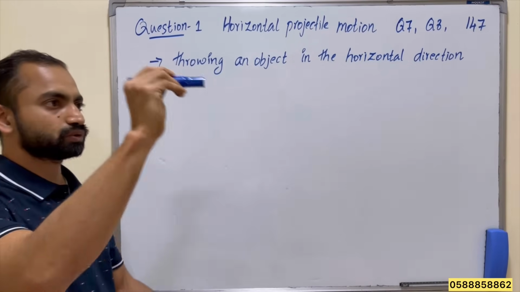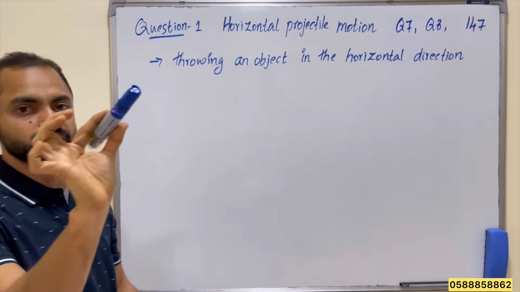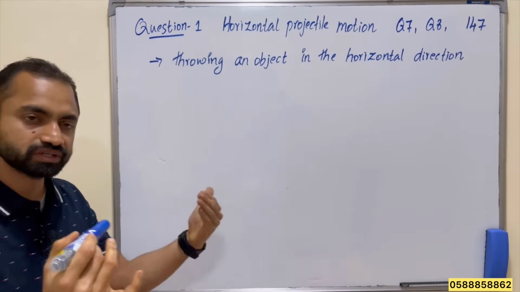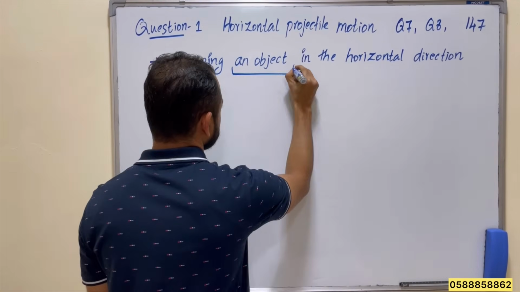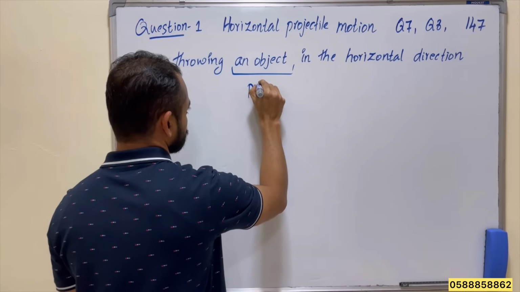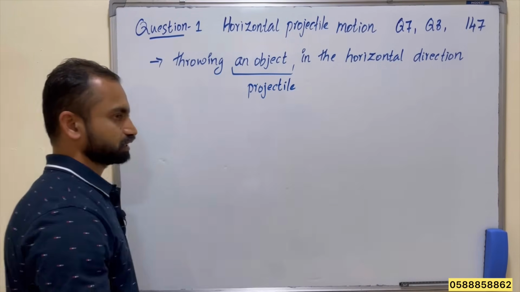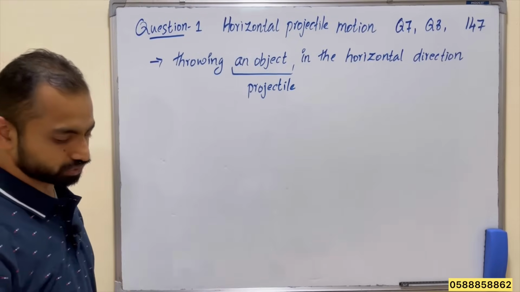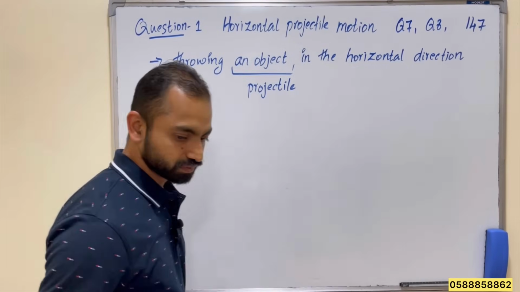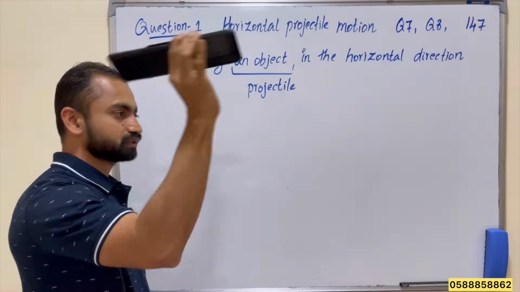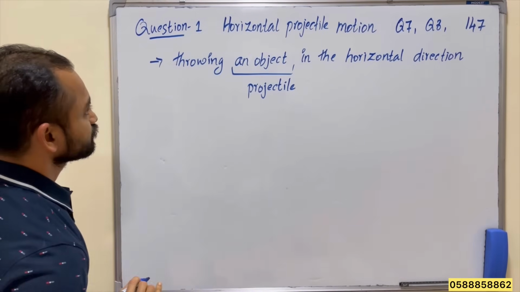So if I throw this marker, and when the marker leaves my hand, the marker is a projectile. The object we are throwing is called a projectile. If I throw this marker, it is the projectile. If I throw this duster, it is the projectile. If I throw this calculator, then the calculator is the projectile. Okay. The next,